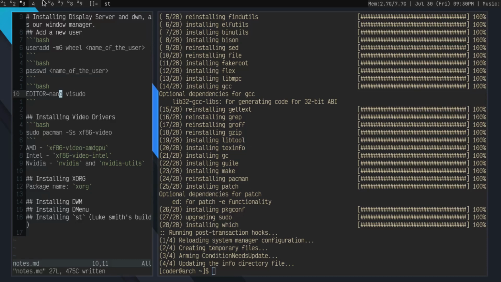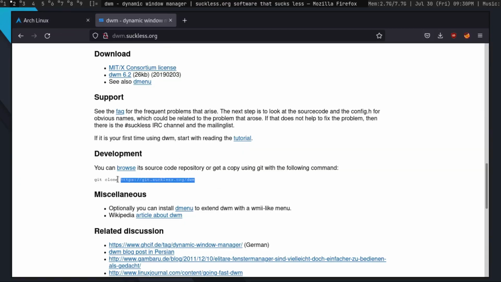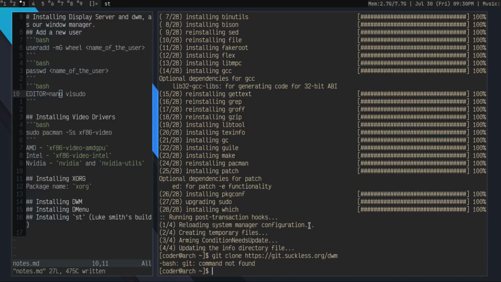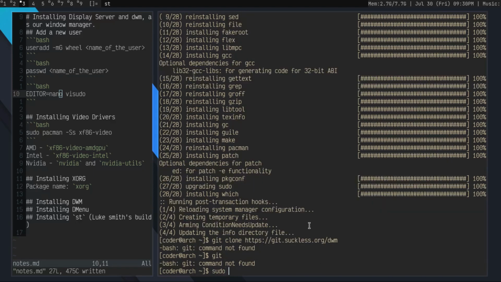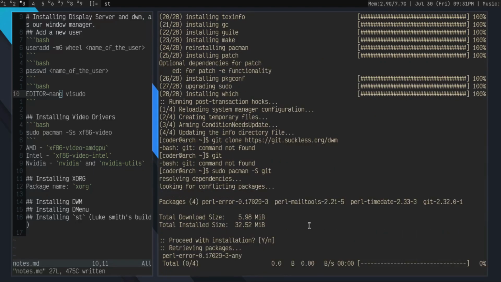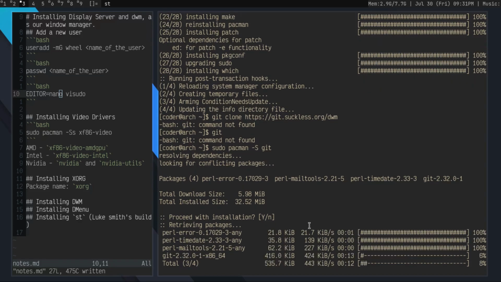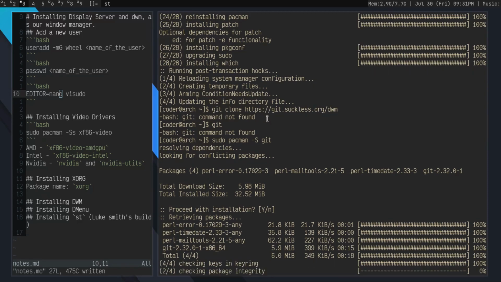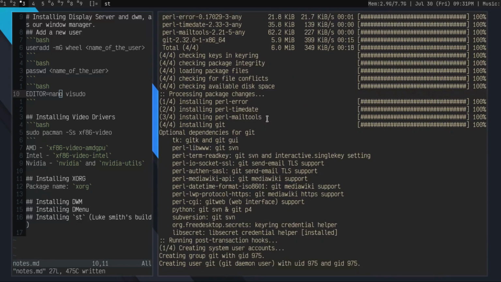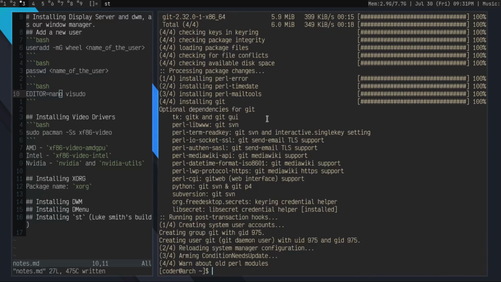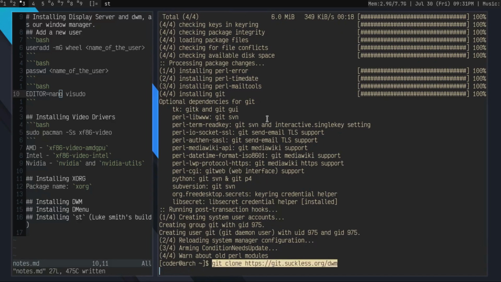So our next step is to install DWM. So we can just copy this command, and then we'll paste it, hit enter. Oh, still not installed. Okay. We need the base-devel package to make packages when we install them from the Arch User Repository. We'll do it in this episode, but not now. We'll do it after installing the graphical environment. Okay. Yeah. So git is installed. Now we'll just run that command. Hit enter.